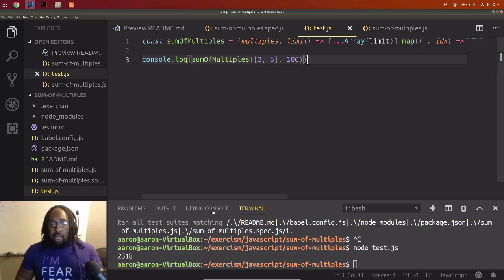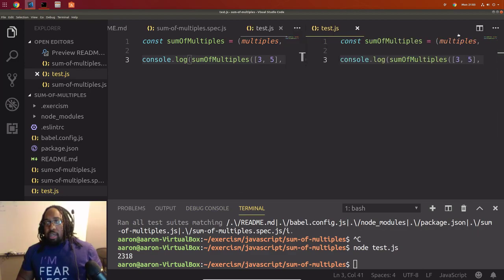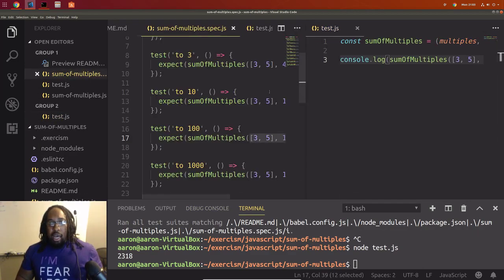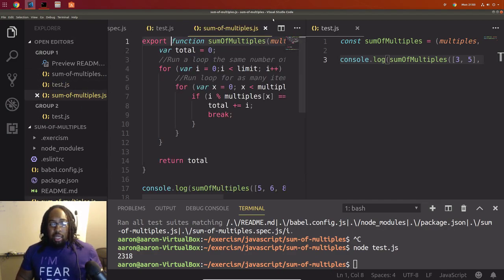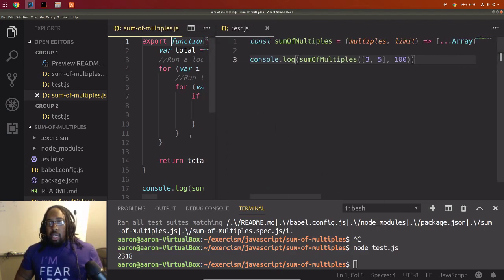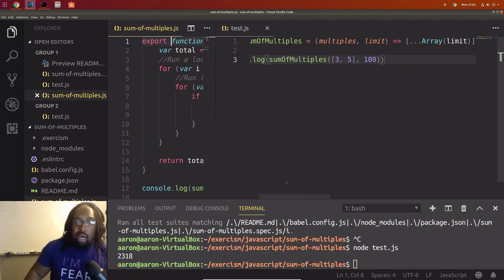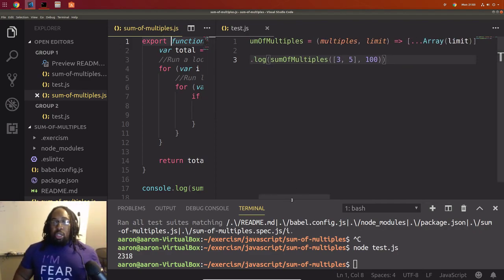Yeah, so we did it, and let's break that down. Let's put these snippets of code side by side. Cool. So you can see how this was made in one line, and then we actually set this to a constant. This is a way you can also declare functions.